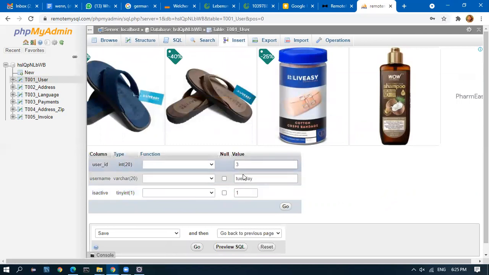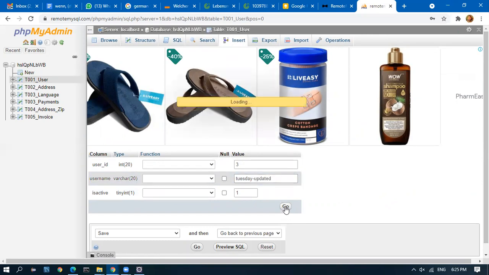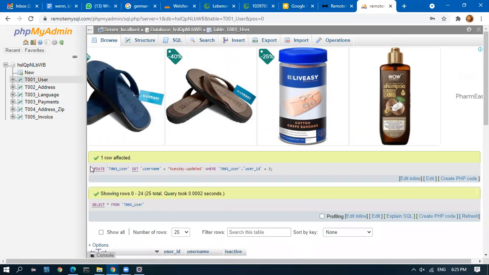Yeah, so I have this user ID 3 and it is Tuesday. I am changing it to updated. When I go, I'll get the query here: update table set column equal to value where table.column equal to.